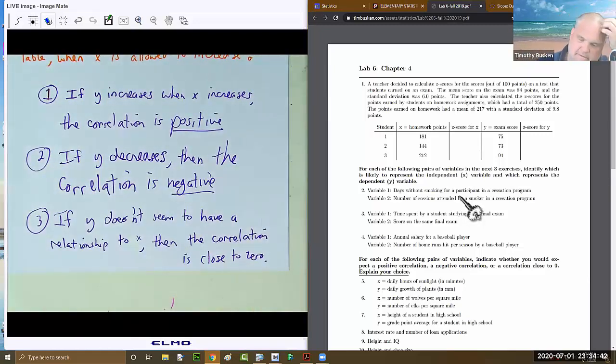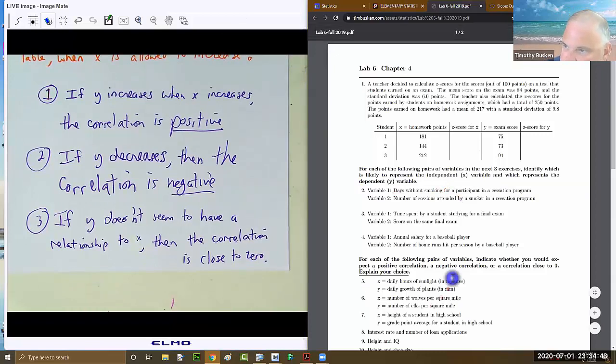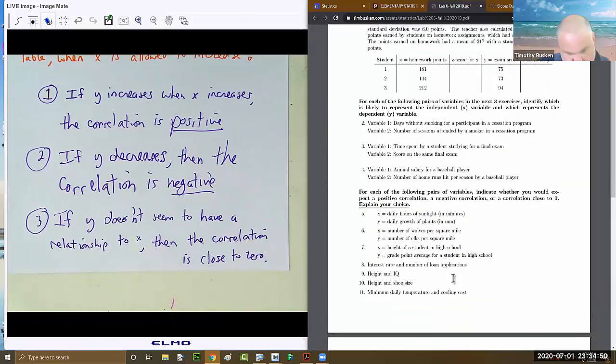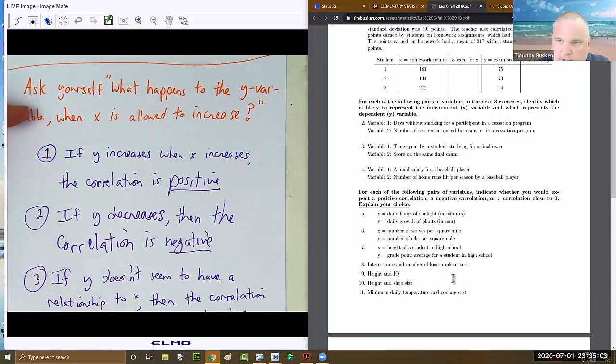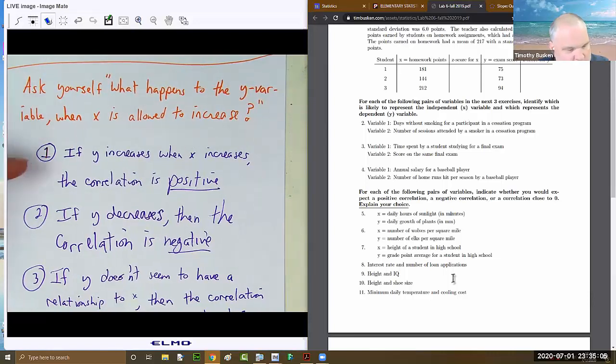So there you have it, folks. We're trying to answer questions 5 through 10 on this lab 4 here. One of the correct answers is either positive correlation, negative correlation, or correlation close to 0. So in each case, I'm going to ask myself this question and then figure out which one of these 3